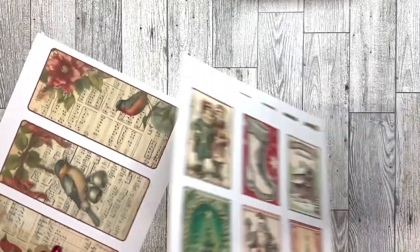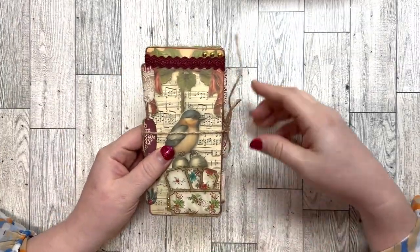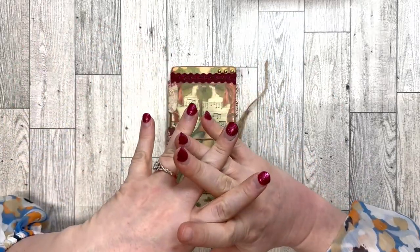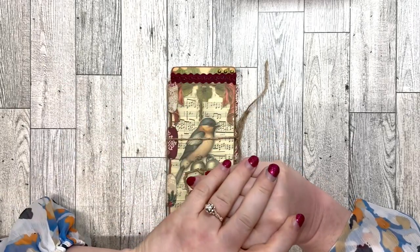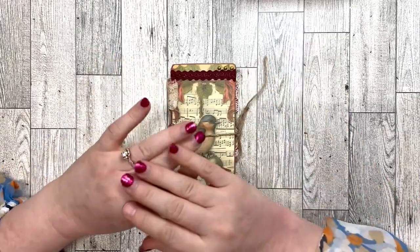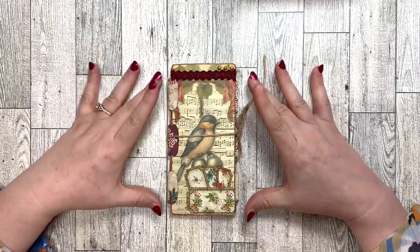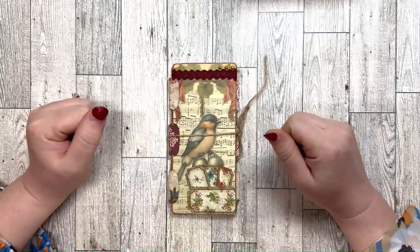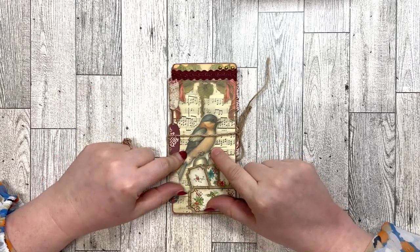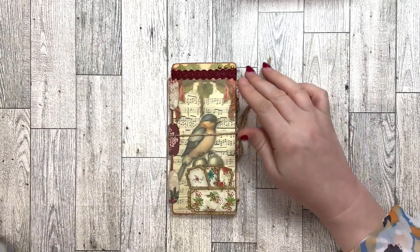So what we're going to make is this cute little accordion folio. We're going to use several of the digitals from the past few weeks of the Wise Owl membership, because I've been putting together a whole kit throughout the last few weeks as a vintage Christmas kit for the Wise Owl members. But I am going to show you how to make this if you don't have those digitals, so that you'll be able to make this no matter what. So let me show you